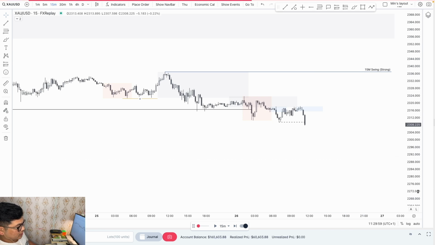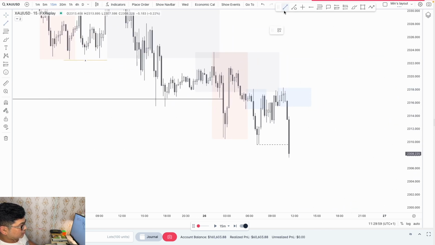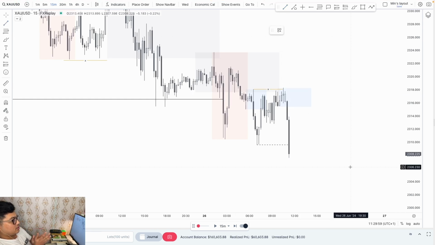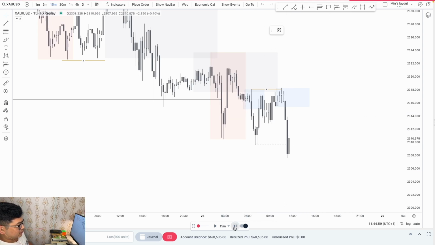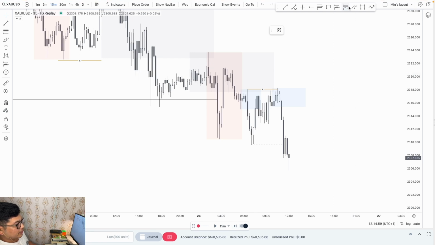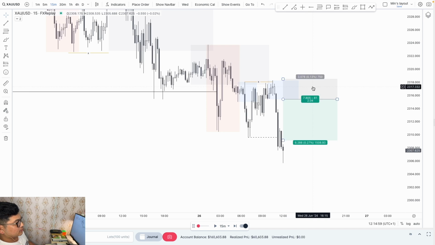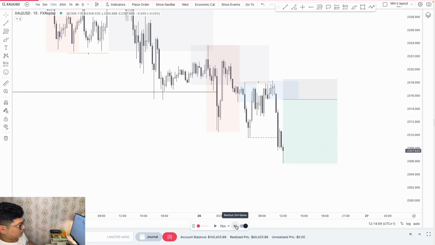While I'm waiting for now the pullback, let me think if I can take the risk entry. Yeah, I can take the risk entry. Okay, yeah, that's a really nice sweep. London, all the London volume has swept. All right, and then yeah, let's see. I would like to set the risk entry here. Let's see, and my target will be the week low.